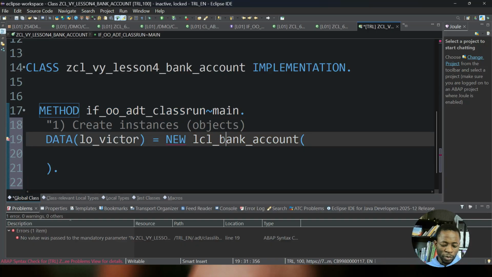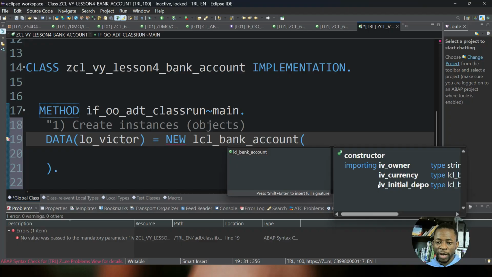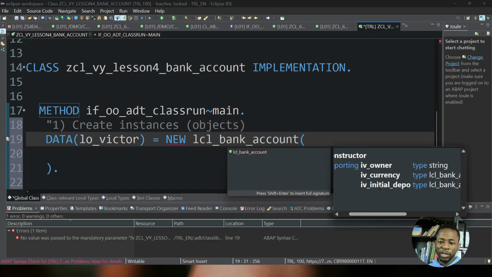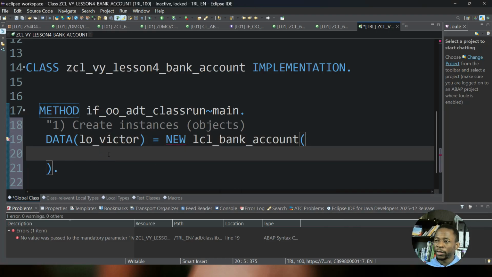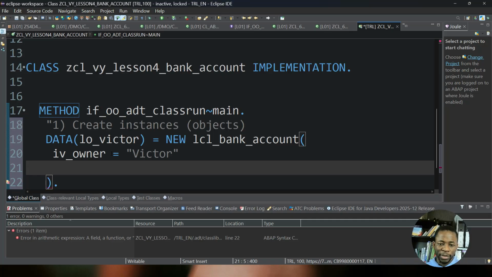If you do Control and space and hover here, you will even see the values for the constructor. We have IV_owner, IV_currency, and IV_initial_deposit. What you need to do is pass in your values. For IV_owner, we want to pass a value. Who's the owner of this account? The owner of this account is Victor. No full stop, no comma. Go to the next